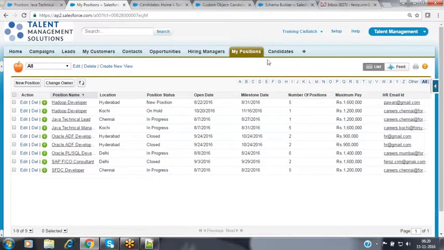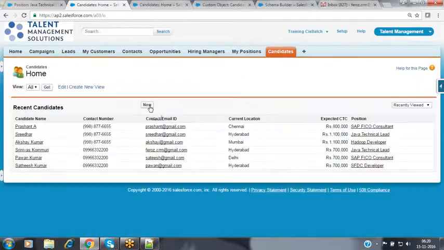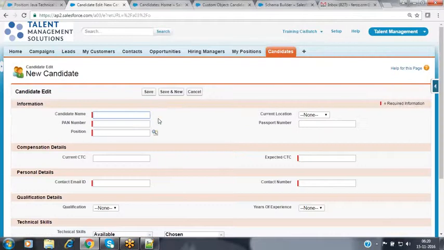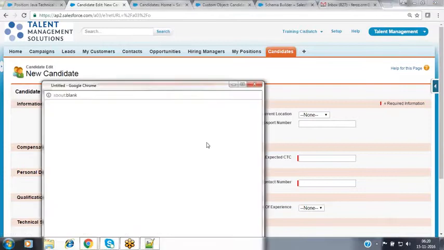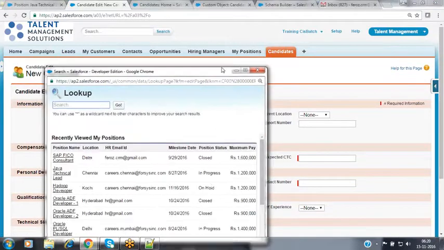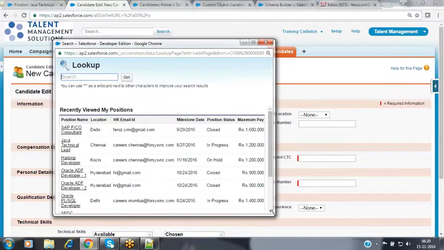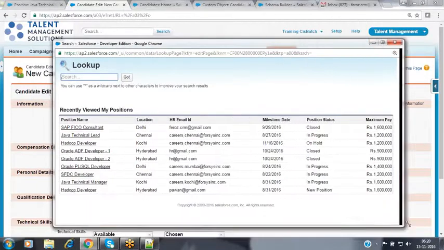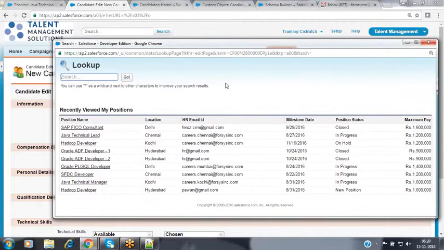Now I will show you a small option here. Let's see it practically. This is very, very important. Whenever I'm creating a new candidate record, this person is going to be applying for a position. Now click on lookup. It provides all the position records to you, and from those positions you can select which position you want to apply for. Now it is populating all the position names: 1, 2, 3, 4, 5, 6, 7, 8, 9. All the 9 positions are populated here.